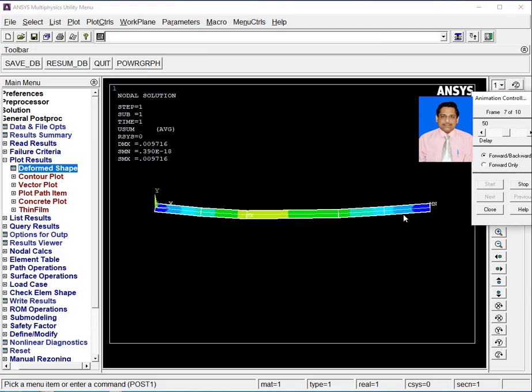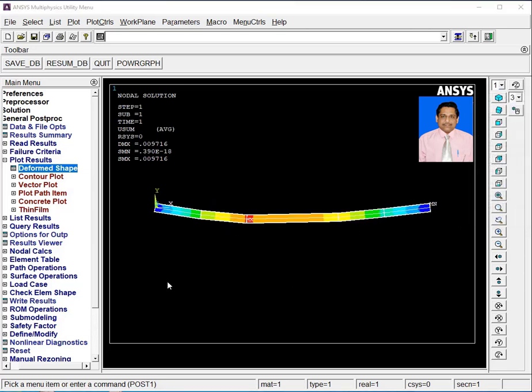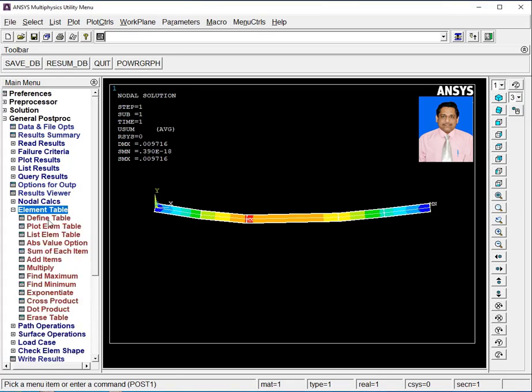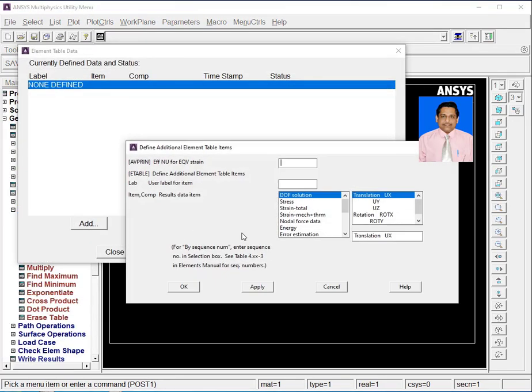After showing the results as a deformed shape, now let us watch what our shear force diagram and what our bending moment diagram are. So now come to draw the shear force diagram and bending moment diagram. So now come to define element table. Define table, and now click add and go to select by sequence number SMISC. Input the value of 5, then apply, then again click by sequence number